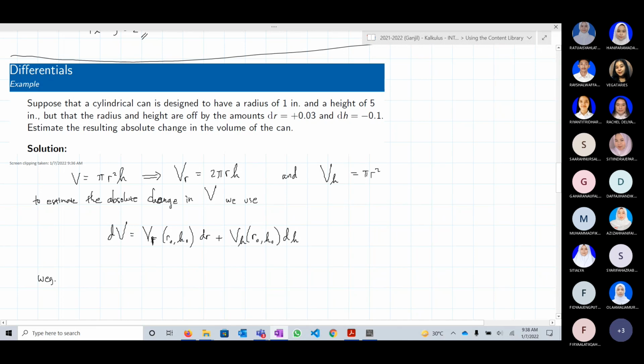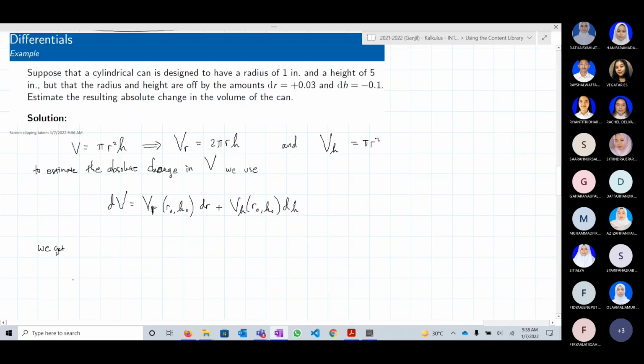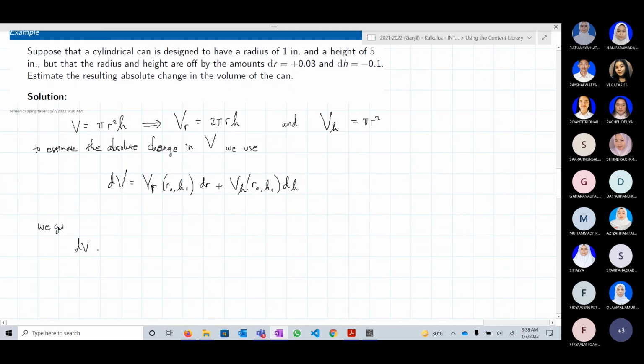So we get dV equals to 2PR0 H0 times dr plus PR0 squared dH,